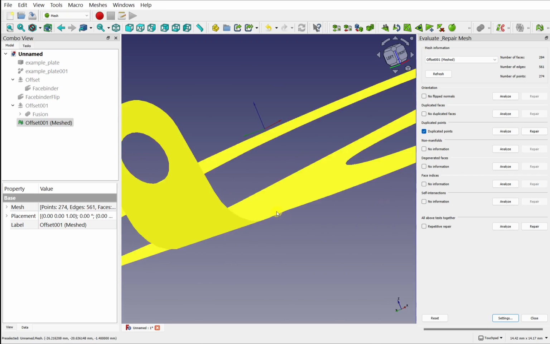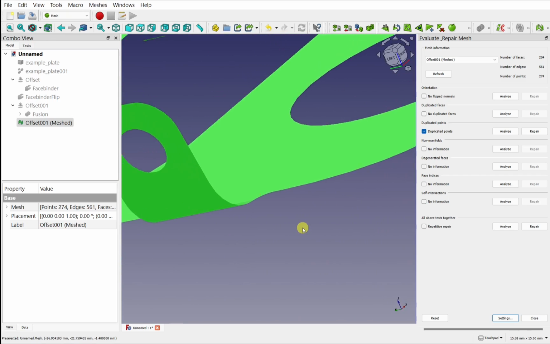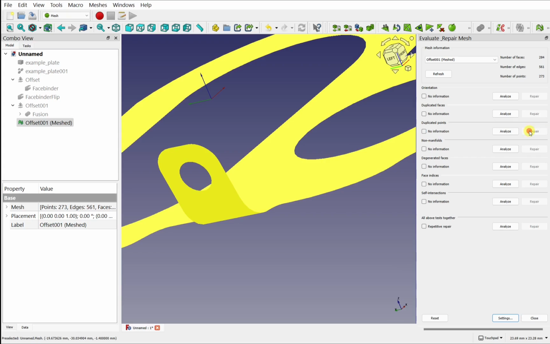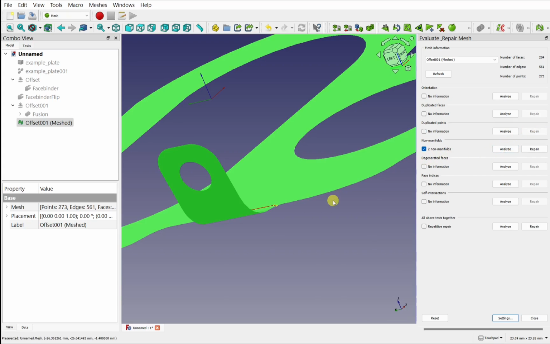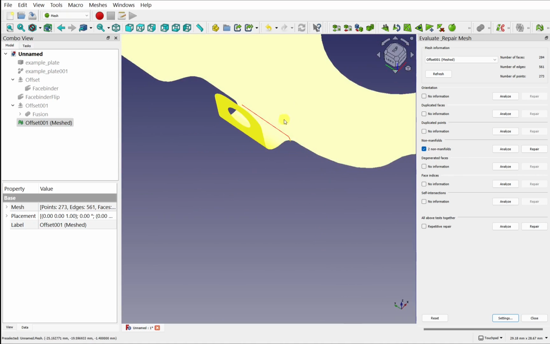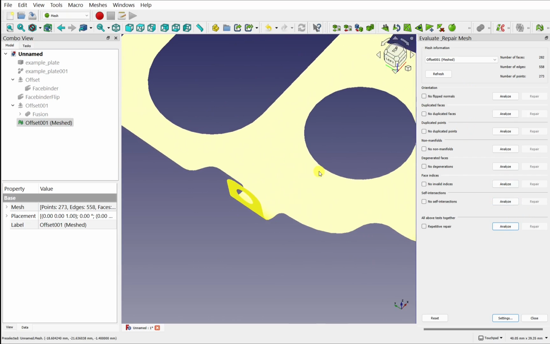So you can see those are duplicate points, and we can repair those. Analyze, we've got two non-manifolds. We see them there, and just hit repair. Analyze, that's fine. And we're all good all the way through. So we just repair those,